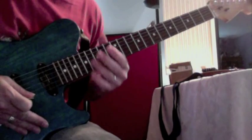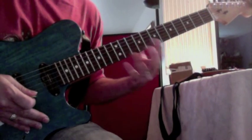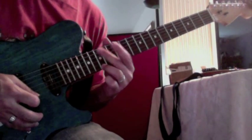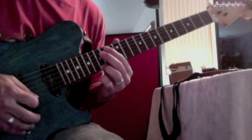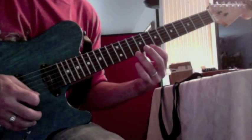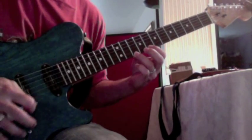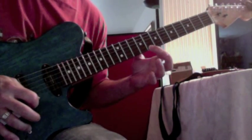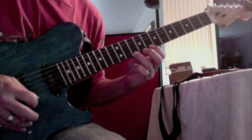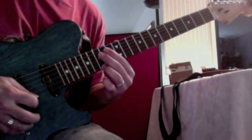Okay, the next part is a pretty cool series of a repeated pattern that starts with this quick slide from the 15th fret on the E string down to the 10th fret, 8th fret, and here's where we do this little pattern of hammers and pulls. Actually, we're going to pick the 10th fret and the 8th fret, and then hammer, pull, slide. So this section again, right here, starting with the slide,